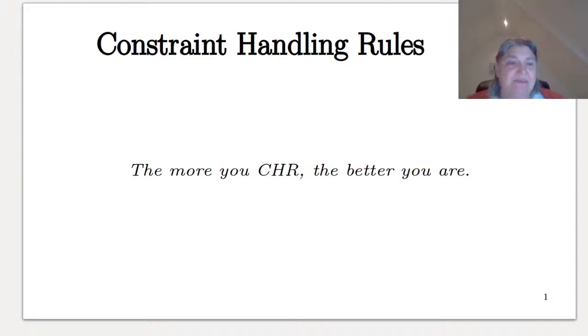Okay, constraint handling rules are a paradigm for computing, actually, that has been developed around Tom Frühwirth and a large number of other researchers as an interesting way of dealing with a number of issues, including the state. So